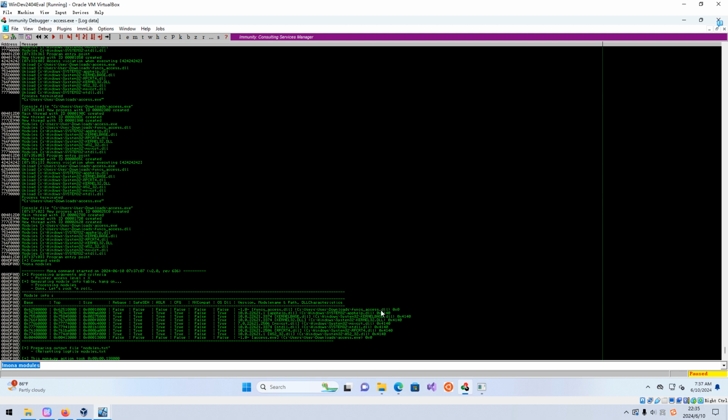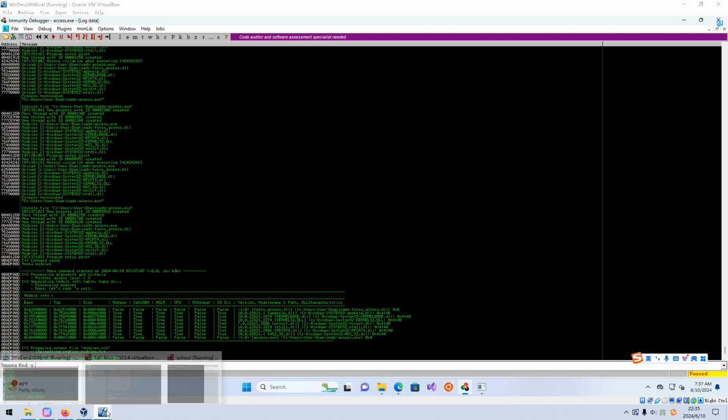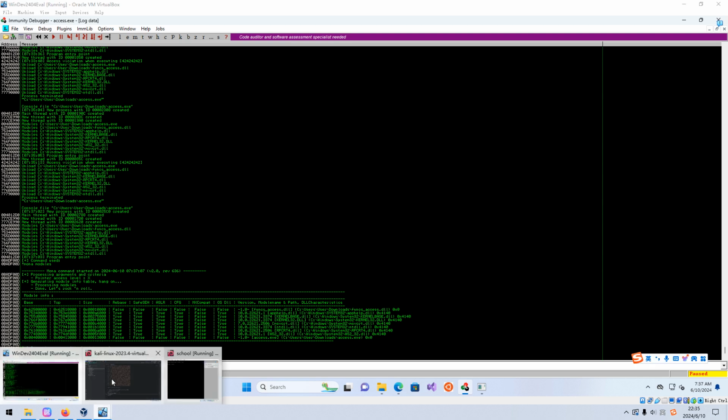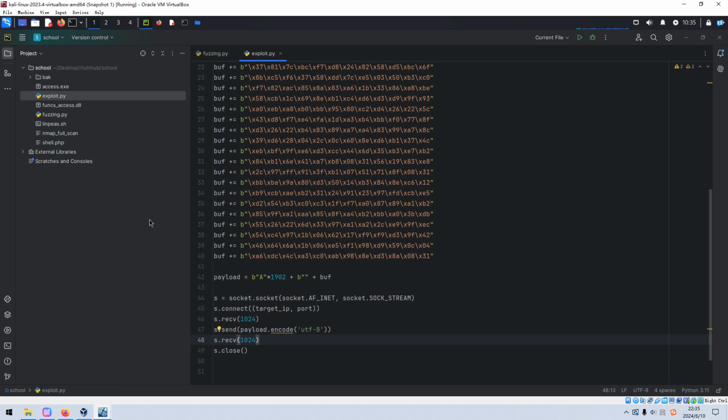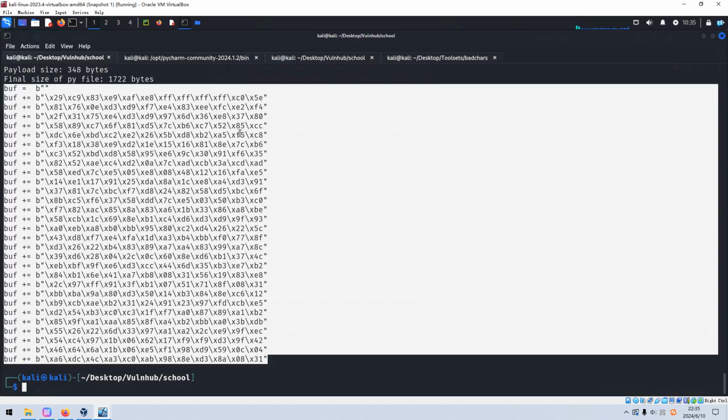This one, the first one, the dynamic library, is what we want. We want to point to this address, and next we need to find the address. How to find it? We also need to know the string for the command or the statement for the jump ESP.